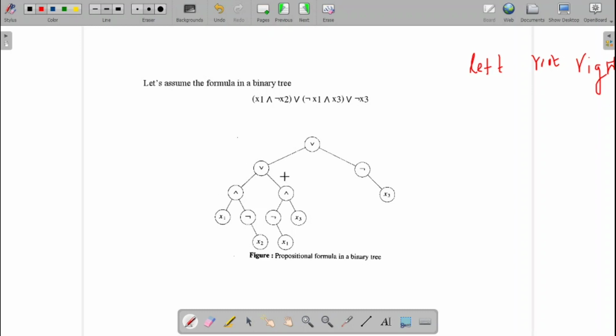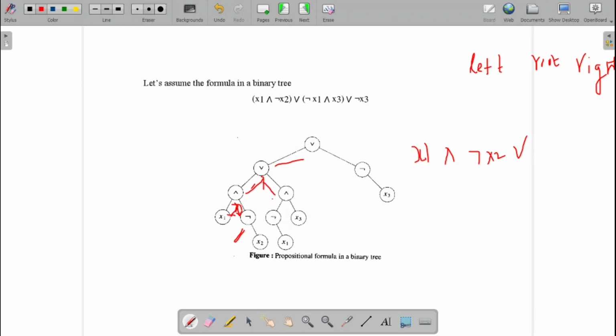You can look. First go to the left. What is it? x1. Then the right. After left, you need to go to the root. So root is AND. Then the right. After right, again the left. I don't have the left. Root is NOT. And the right, x2. Now this is done. Go to the root. Root is OR.